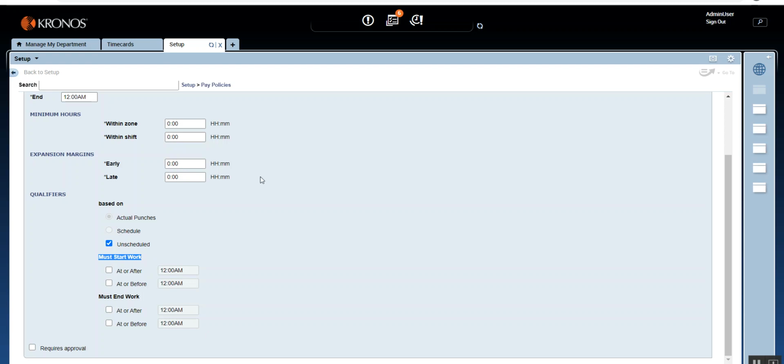So in order for us to pay that shift allowance, the client says the employee will get shift allowance only if they work from 3 to 12. Sure. So that is when you need to use this: must start work at or after 3